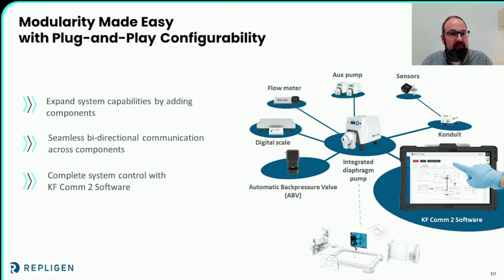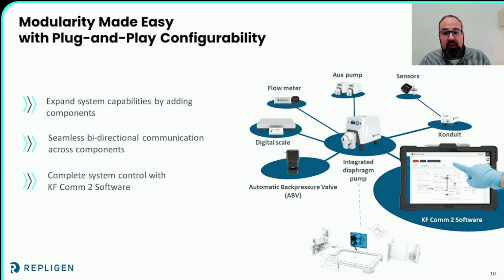So how does it work? Modularity is a key part of this system. The communication and integration through the main pump is possible with an integrated proprietary PCA breadboard. And this is found throughout all CrossFlow systems. The modularity of these components allows you to stay flexible with all your downstream processes.